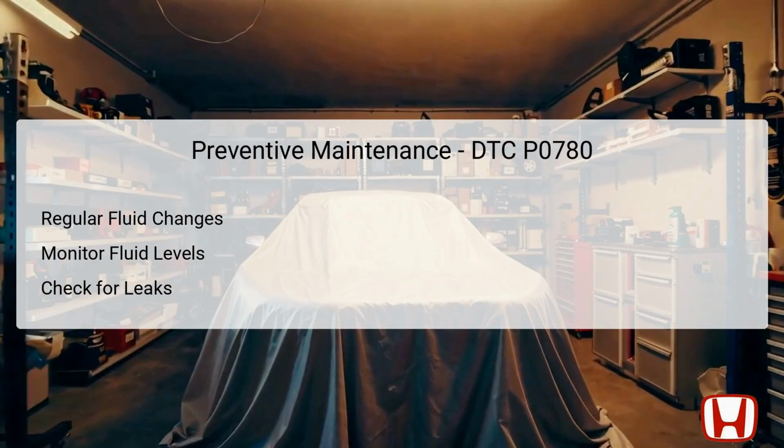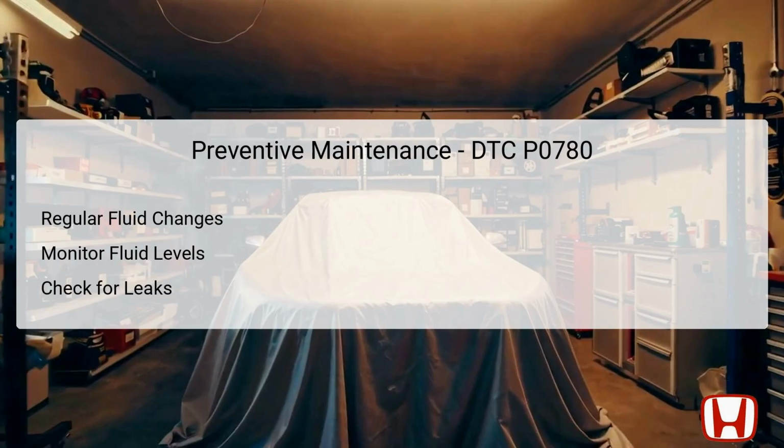As part of these routine checks, monitoring fluid levels ensures that the system is adequately filled, avoiding undue stress on the transmission components. Additionally, inspecting for fluid leaks should become a regular practice, as even minor leaks can lead to significant issues over time. Implementing these preventive measures can reduce the likelihood of encountering transmission-related DTCs and ensure smoother, more